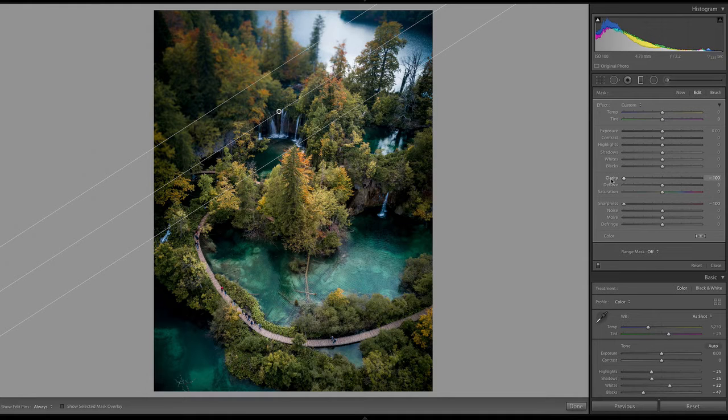If I drop my clarity too much, it starts to look not like it's out of focus, but like it has a frosty mist over it. So the clarity isn't really the best way to add blurriness that would be like a natural camera. The cool thing now is that with these settings, if I don't click new and I just click to add another graduated filter, it keeps these settings for us.